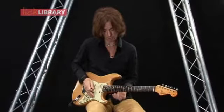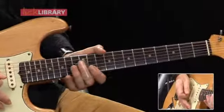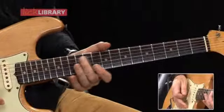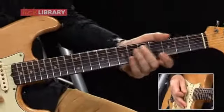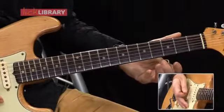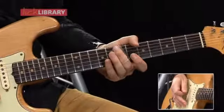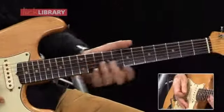Next phrase does this. So this is on the D string. We're going 12, 14 on the D, up to the 12 on the G. Slide that away. Then we've got a slide up to the 7th fret on the D. 3 of those. So that's a little slide down to the 5th fret on the D, down to the 7 on the A, and back to that 5 on the D. And slide it away. So put those two phrases together, you get